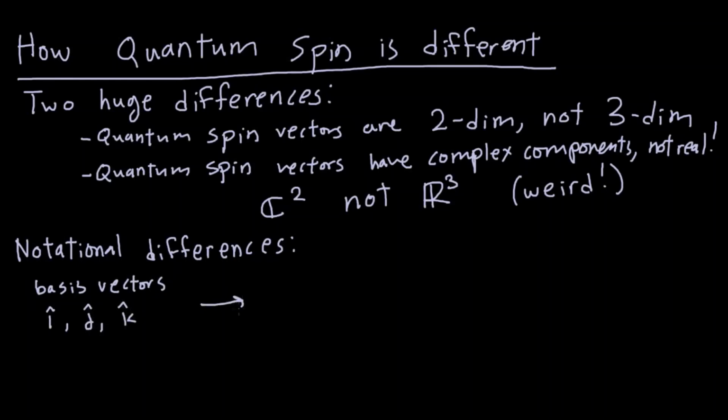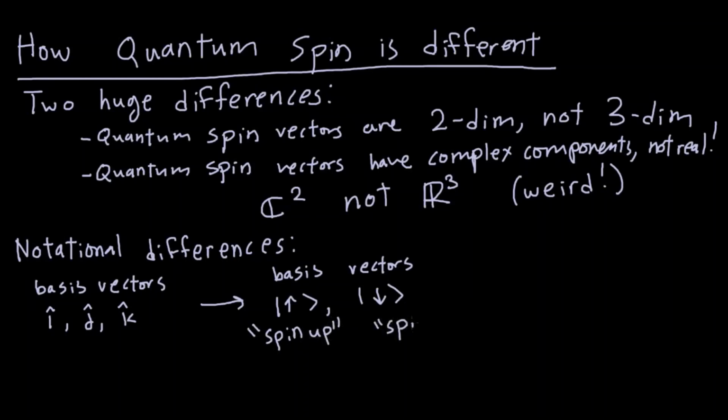But when we're talking about spin, the basis vectors are written as follows. That and that. Now you should read these as spin up